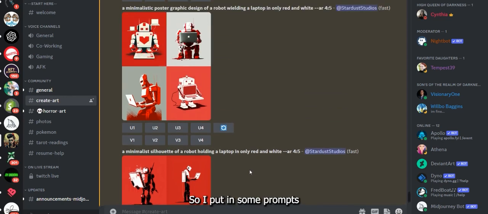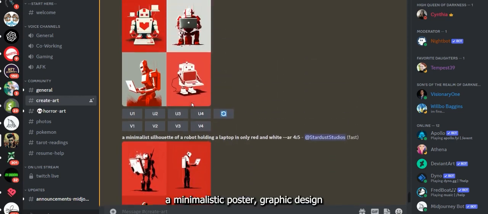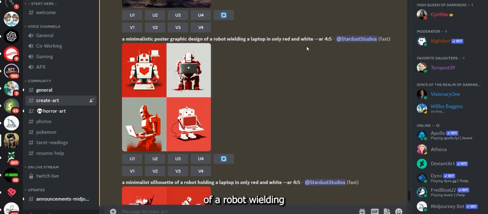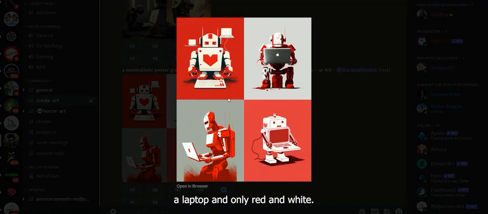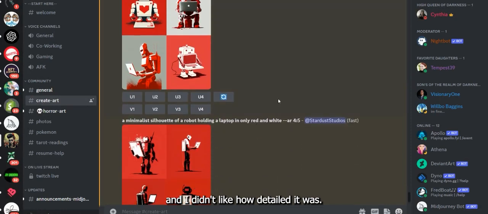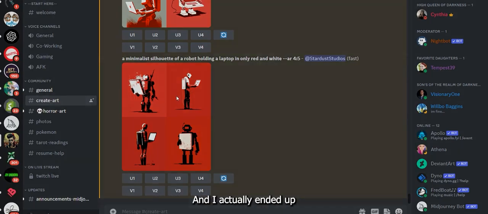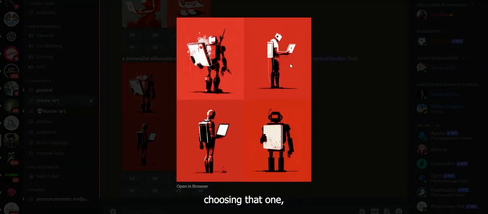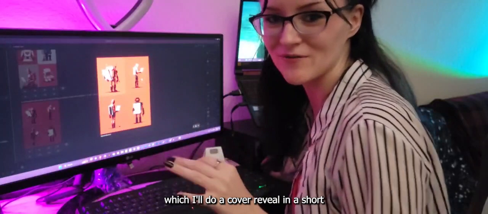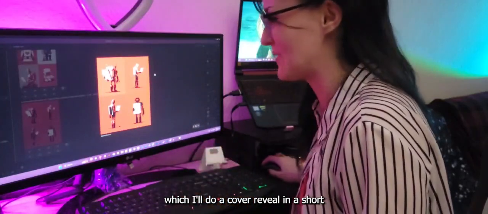So I put in some prompts and asked it to create a minimalistic poster graphic design of a robot wielding a laptop in only red and white. It came up with these at first, and I didn't like how detailed it was. It was way too much. So I asked it instead to create a minimalist silhouette of a robot holding a laptop in only red and white. And I actually ended up choosing that one,